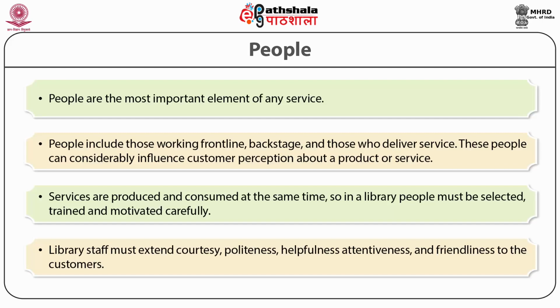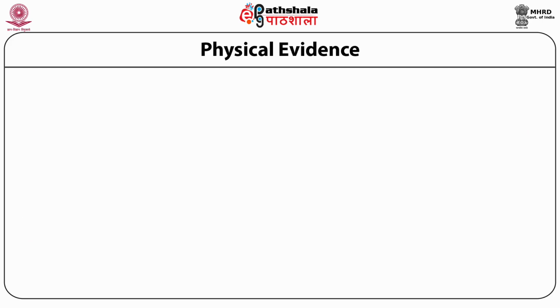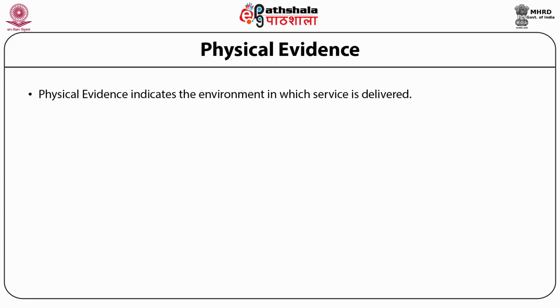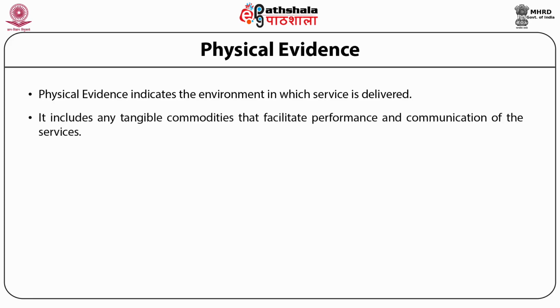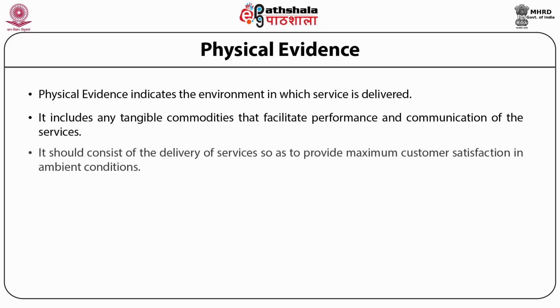Physical evidence is another significant element in the 7P model, and physical evidence indicates the environment in which the service is delivered. It includes any tangible commodities that facilitate performance and communication of the services. Physical evidence should support the delivery of services so as to provide maximum customer satisfaction in an ambient condition. Physical evidence may consist of